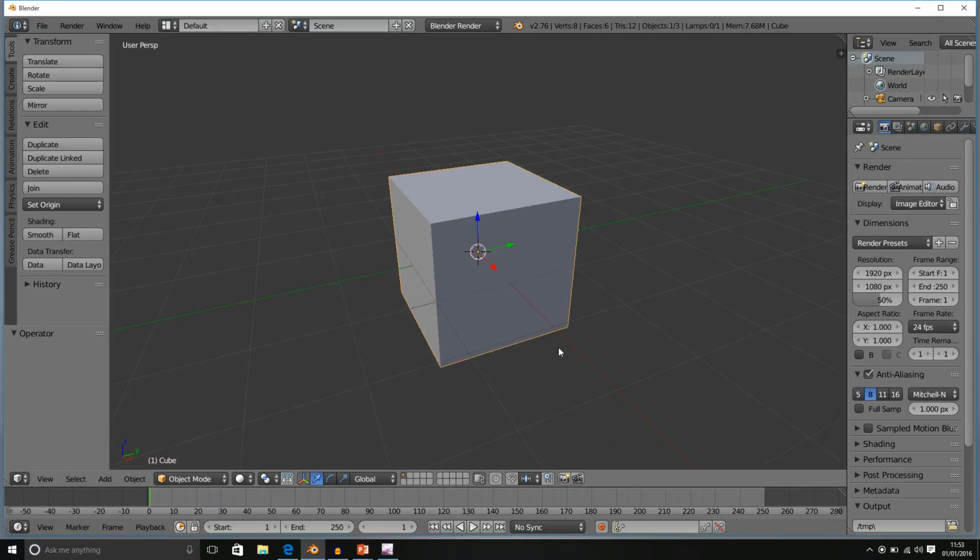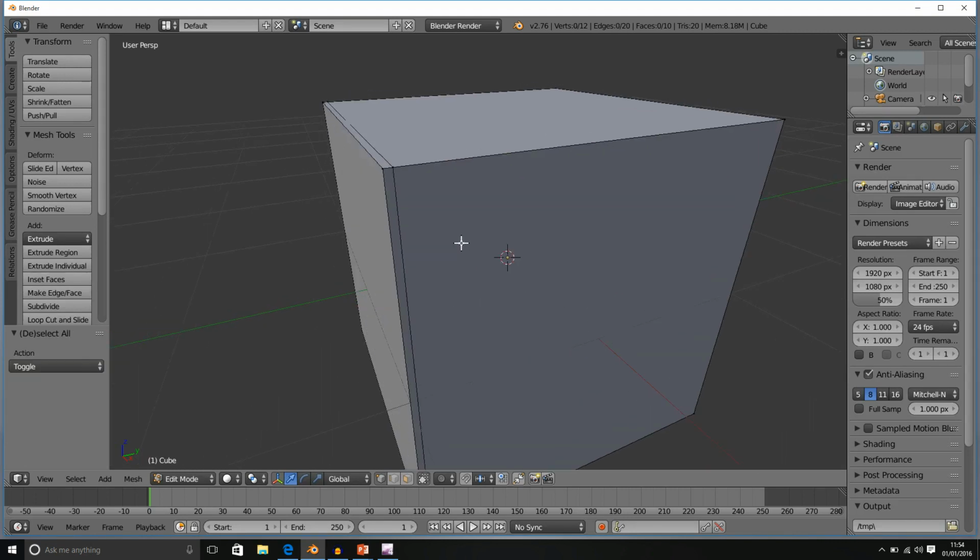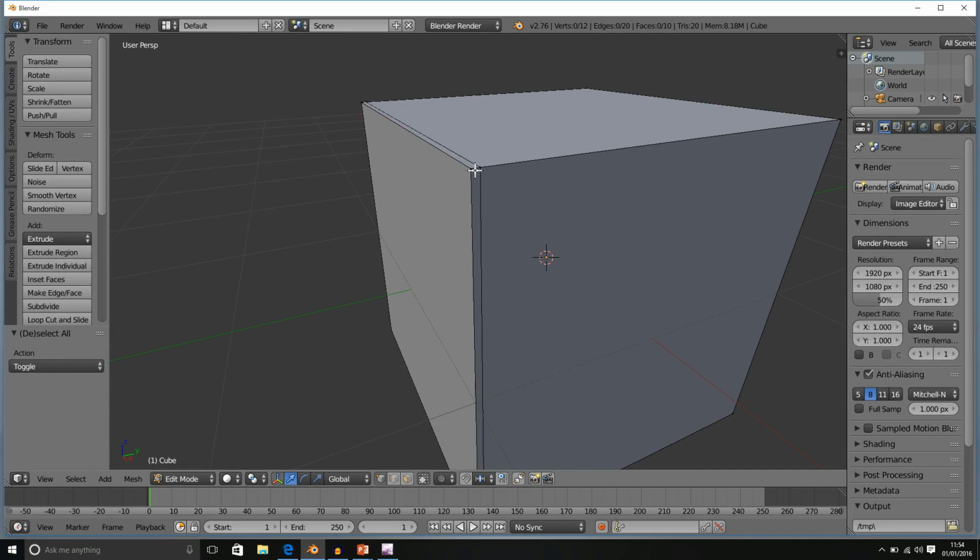Now to do this, I'm going to go into edit mode, deselect everything with A, and I'm going to add an edge loop with the loop cut and slide tool. So I'm going to press Ctrl and R to make a loop cut. I'm going to left click once and I'm going to bring this loop cut over close to the edge. Deselect with A and zoom in. Okay, so we have two vertices that are relatively close together.